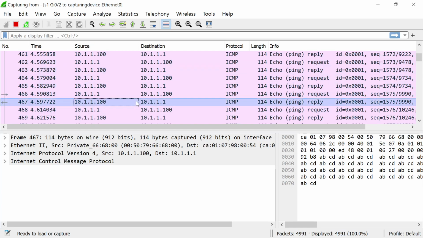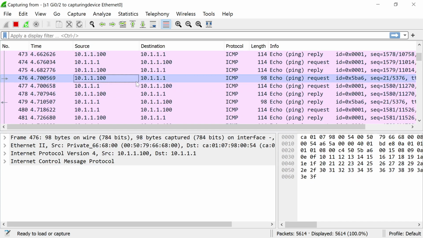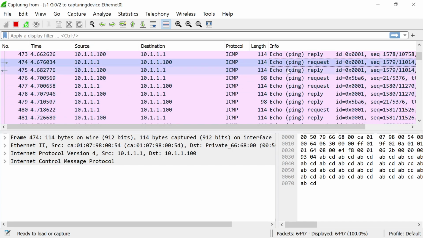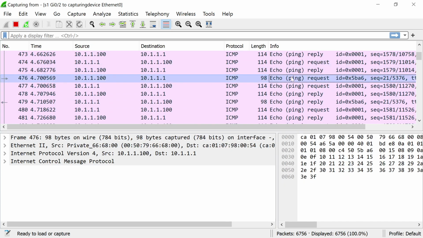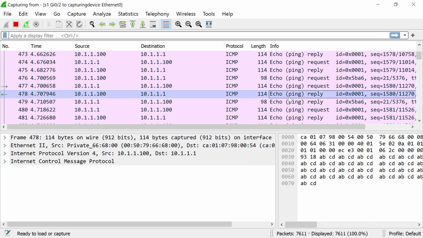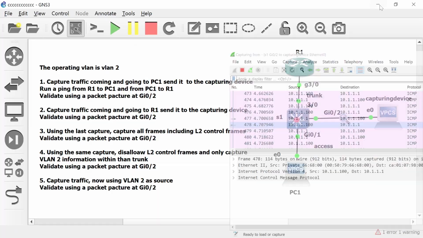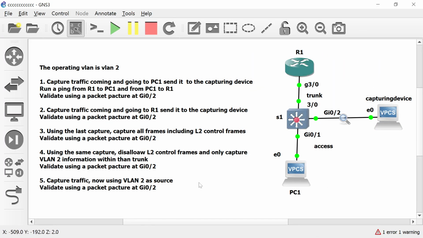I am only seeing replies. Okay, here is a request. Okay, here is a request. I'm seeing requests coming from both sides. From here, request from here, and request from here. This is the actual ping that is being generated, and the replies. I am seeing replies. Okay, great. No, I'm not going to stop this, because I will keep